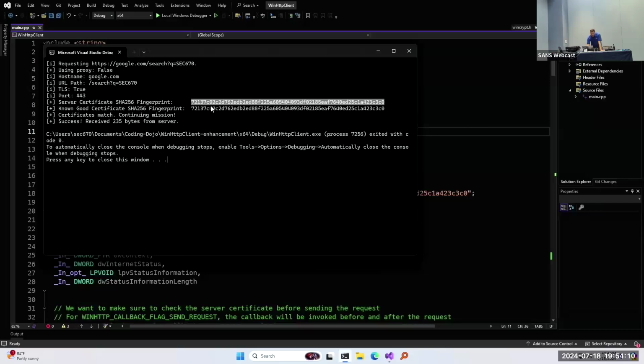Now, this piece is the one that we baked into the implant itself and said, hey, this is the known good. So we do a little compare, and it says the certificates match. Awesome. Now, when the certificates match, that's when you can go ahead and officially check in, if you will, with